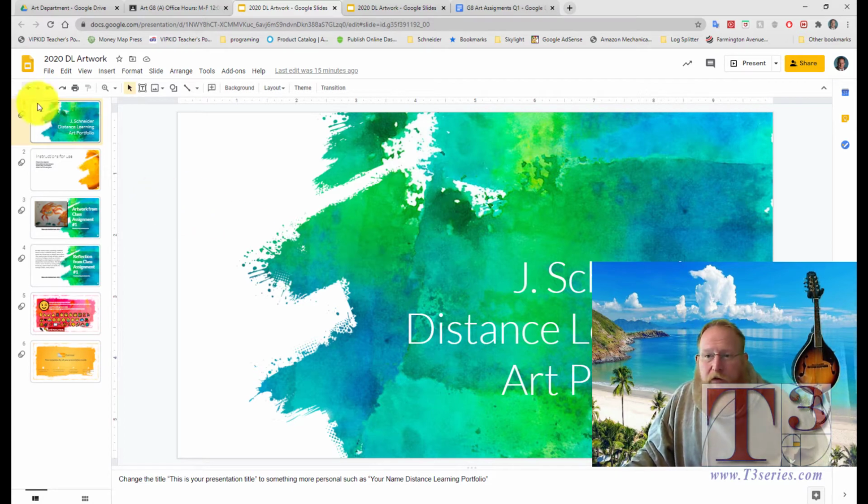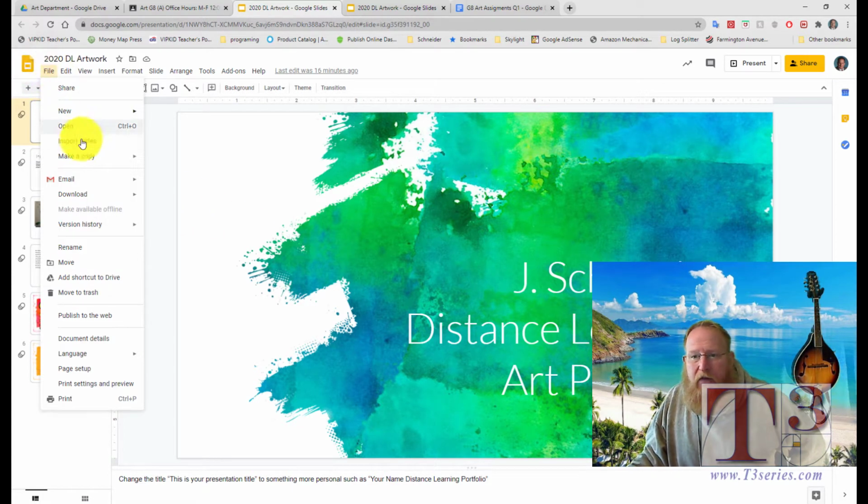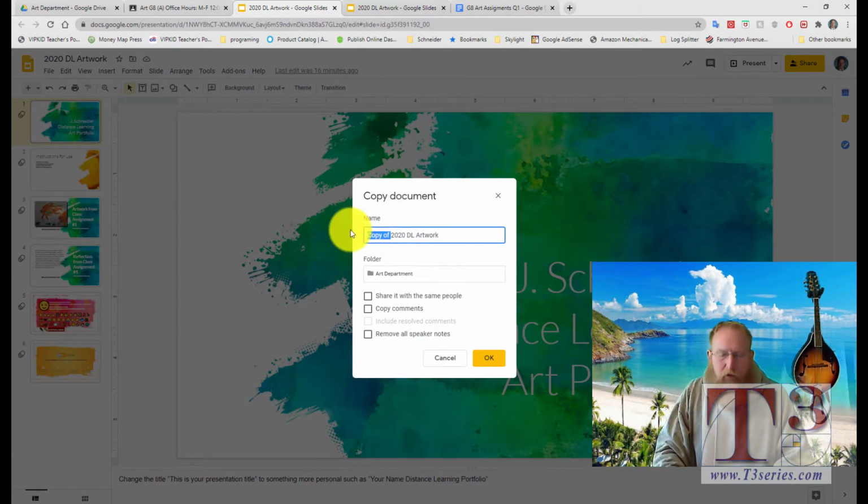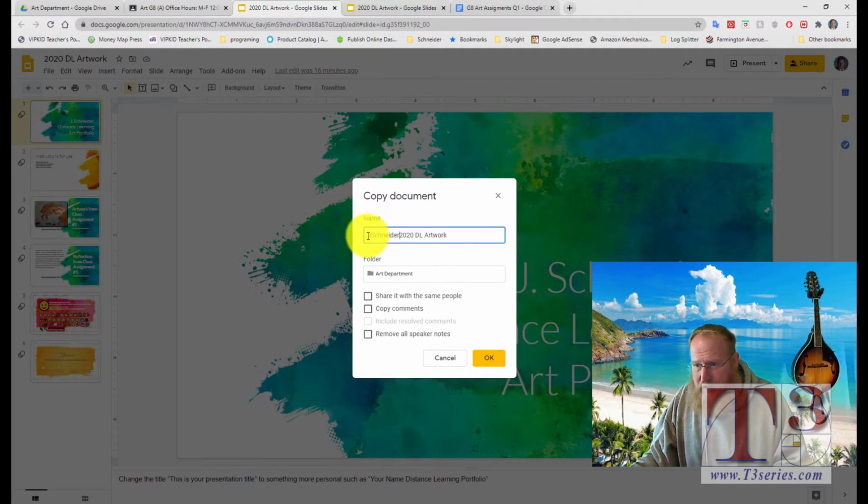So the first thing you're going to want to do is go to File, and then make a copy, just like we've done before. Make a copy of the entire presentation. And remember, where it says copy of, you're going to put the first letter of your first name and your entire last name. You could put a space between it if you want to, because